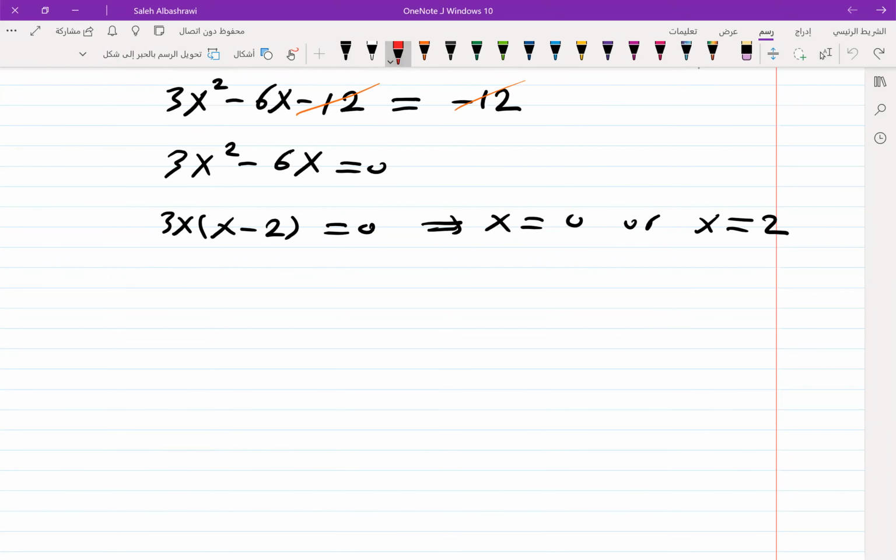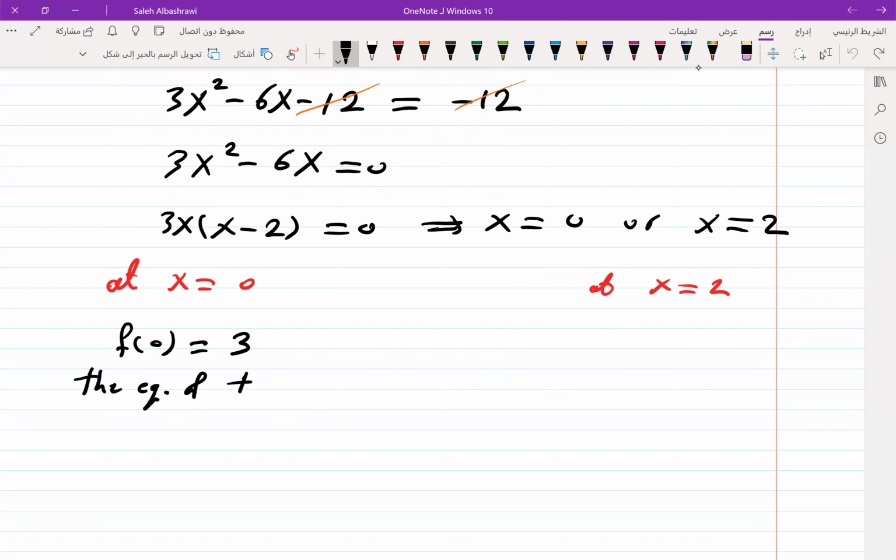Now at x equal to 0, this will be 1, and at x equal to 2, there will be another one. When x equal to 0, I need to find f of 0. Replace x by 0 in the curve given there, I will have a 3. So the equation of the tangent line